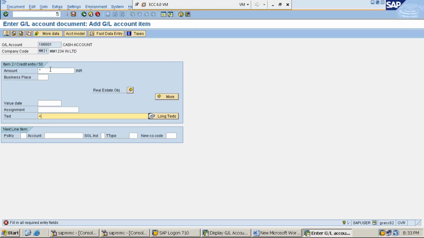See, in the amount field, I have given star. In the text field, I have given plus. This star will copy the amount which I have given in the earlier screen. Plus will copy the description or text which I have given in the earlier screen. Okay. So give the text in the text field plus, then go to document,